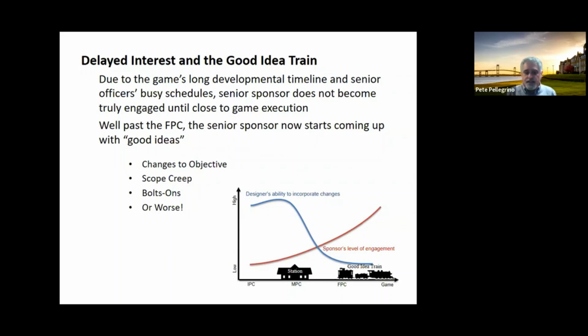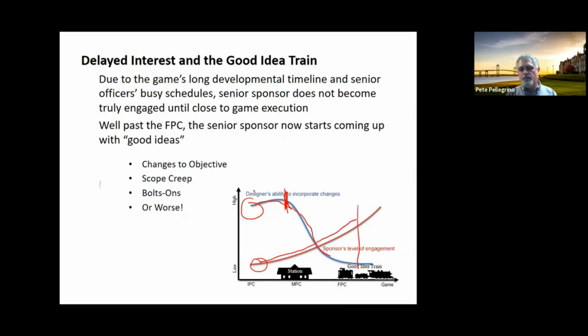So early on, okay, we want my two curves here. Early on, I have a lot of flexibility because we're early in the process. So I've got a lot of time, a lot of flexibility, okay? But the sponsor's engagement level is terrible. They'll send the third lackey from the left to come to the meeting. As time marches on, we've approved the design, we're pouring concrete. My flexibility is decreasing dramatically. But now as we're getting closer to the game, the sponsor's starting to pay attention.